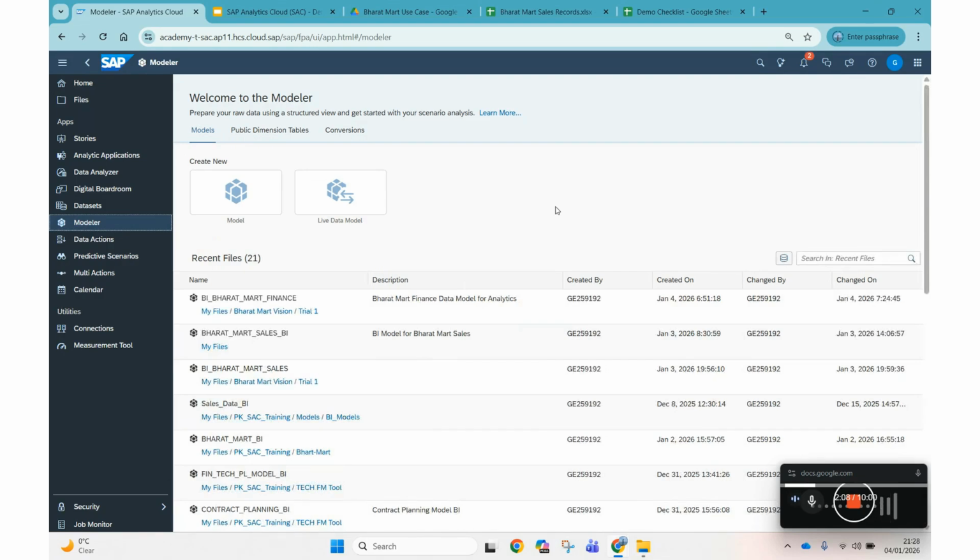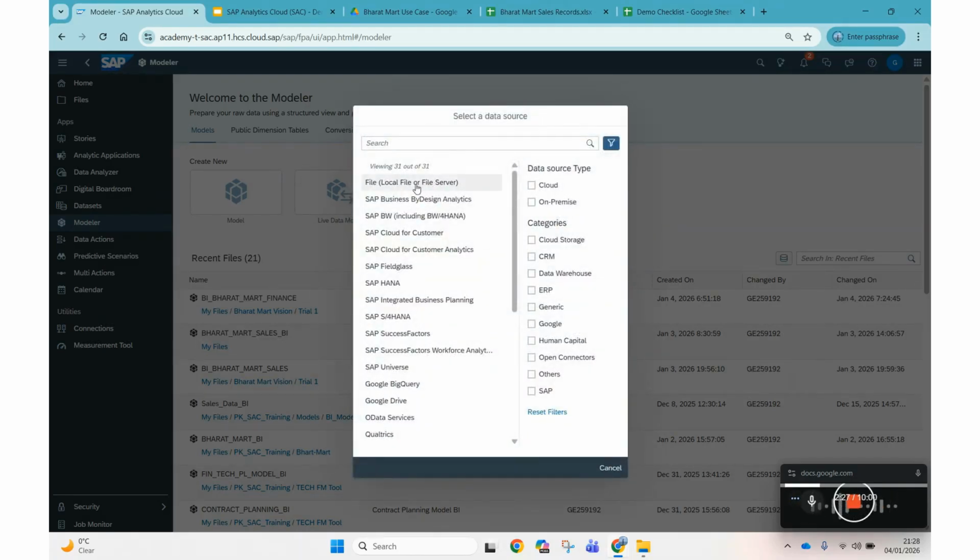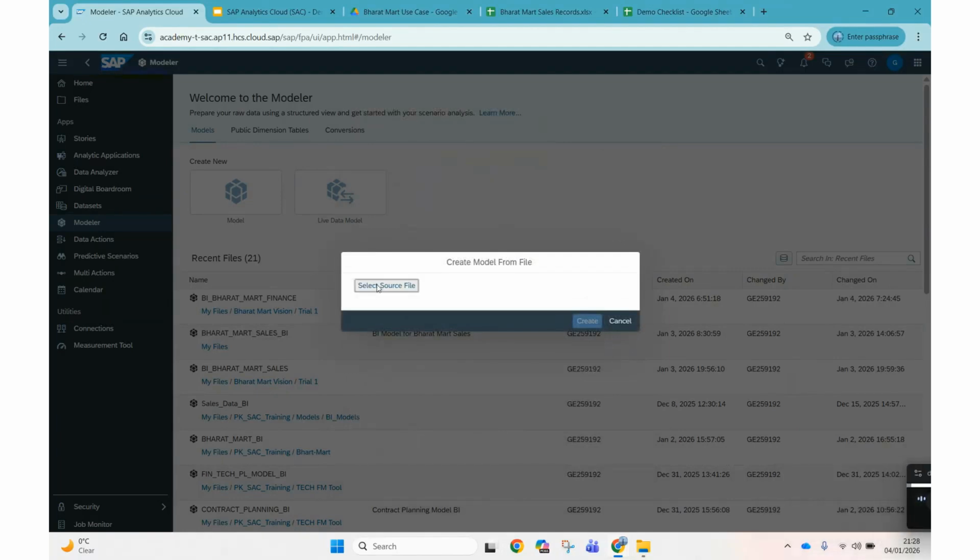So the first thing that we have to do is build the data model. Think of a data model as containers as well as structures of data. So the data model defines the structure and it can also hold the data. So we are going to go ahead and build the first model. We'll start with the data. We'll go ahead and choose the file,